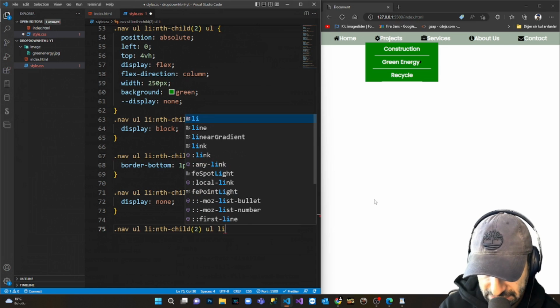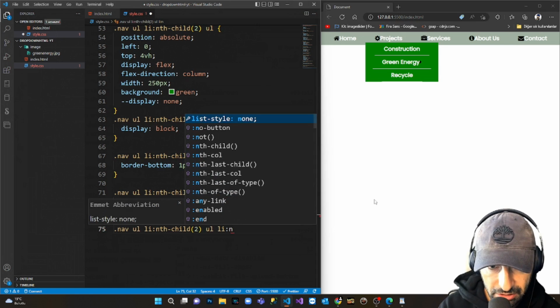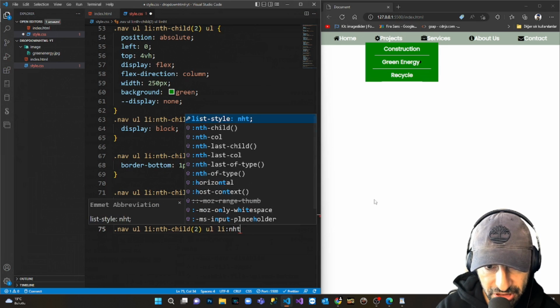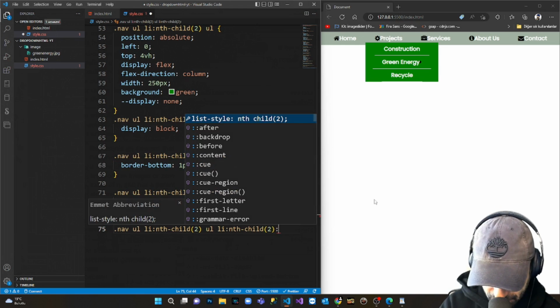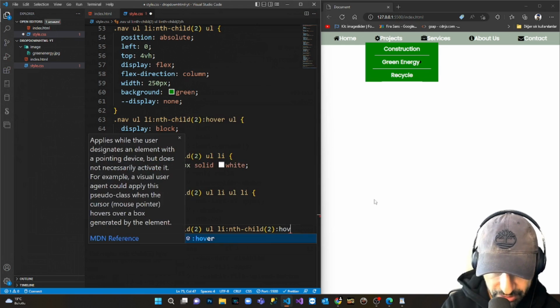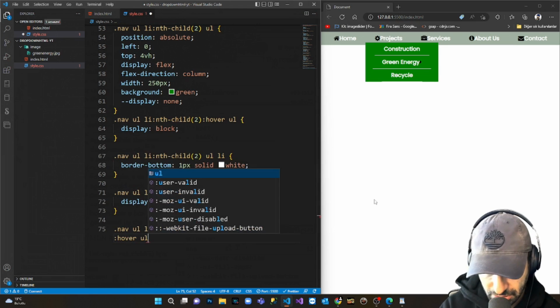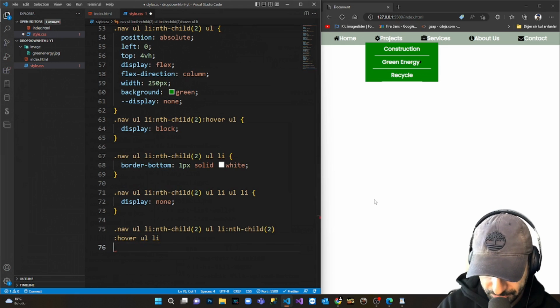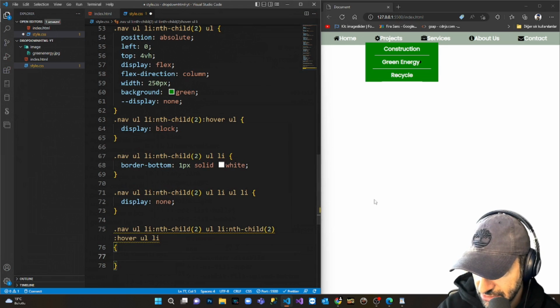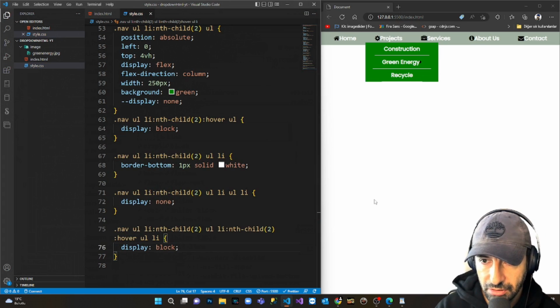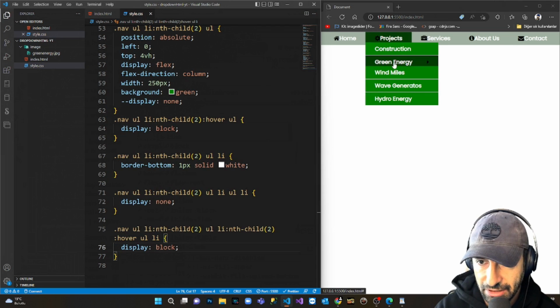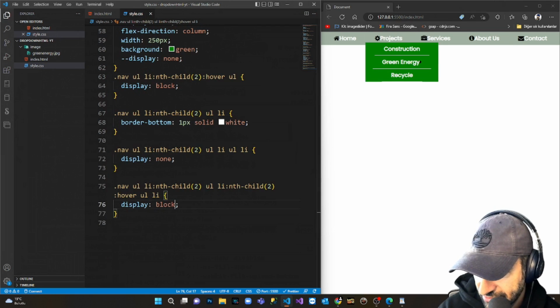First and second and nth child second also. The drop down menu of the drop down menu. When I go over it, I'm gonna say hover on submenu. I'm gonna say display block. Let's see what's happening. Yeah, we're displaying, but it's not at the desired position that we want. Okay,